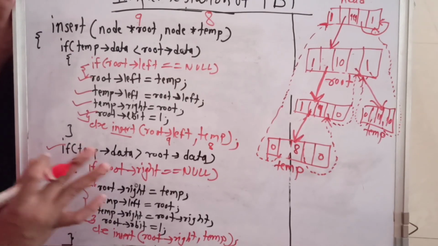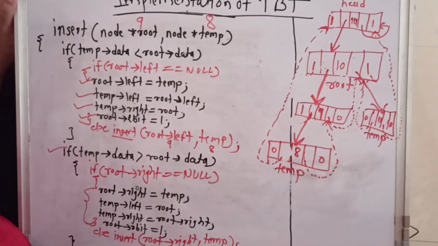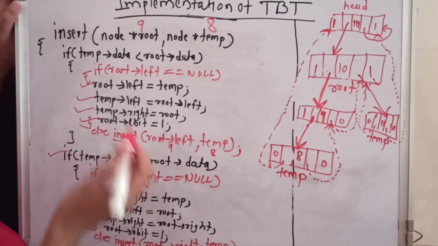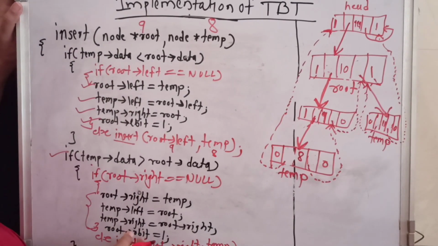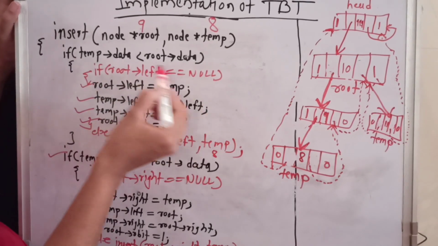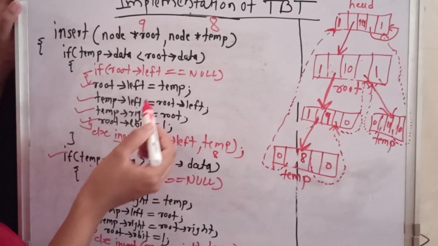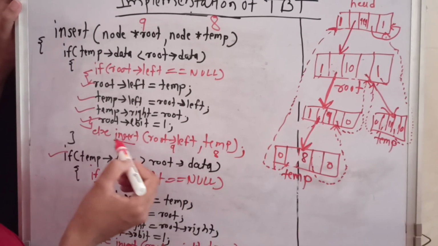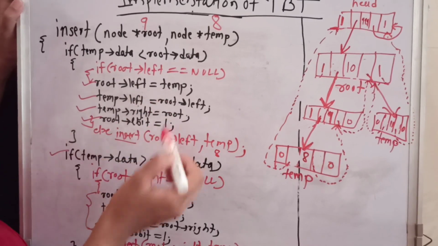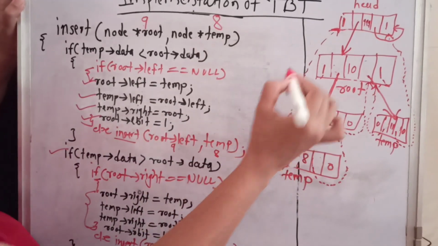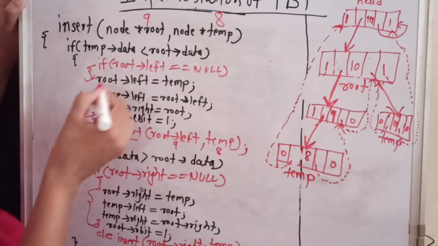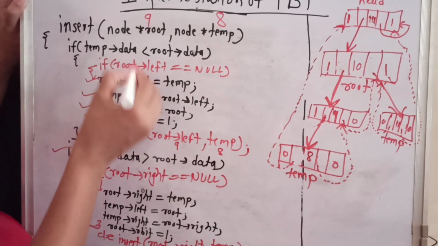What you have to remember here is that inside the create function we have to create only the root node, and whenever we want to insert more nodes into the tree, we have to give a call to the insert function like this. Inside the insert function, firstly you have to check whether any node is present in the left side or not. If the node is present in the left side, then again we have to make the recursive call for the insert function, and if the node is not present, we have to establish the links like this. So if you draw one node at a time here, and set the links manually, then it is easy to write the programming statements.